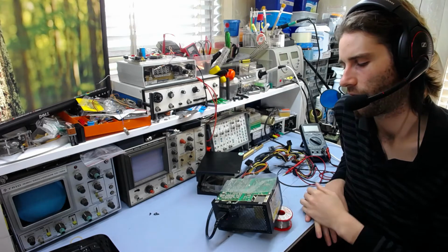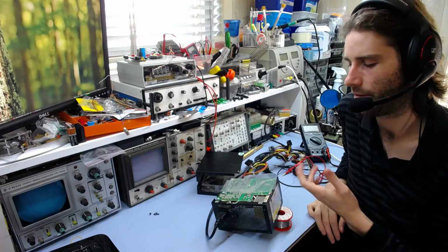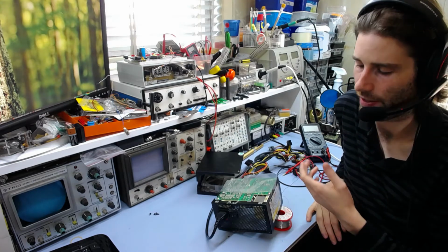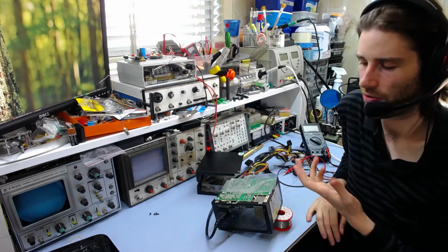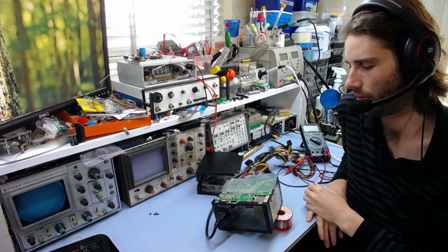But yeah, or the resistor could have failed before the chip managed to explode. I don't know. I can't see anything on top or at the sides, but hey. Yeah, so this video, I don't know, it might just be a quick thing of how to diagnose a faulty power supply, but